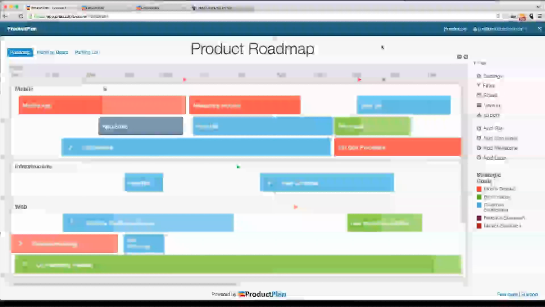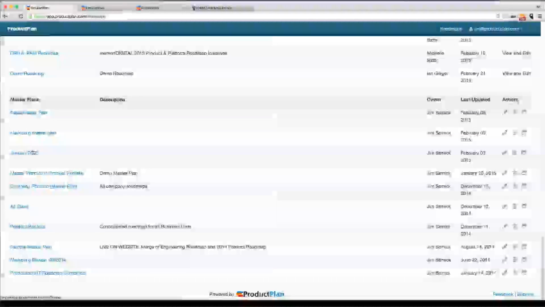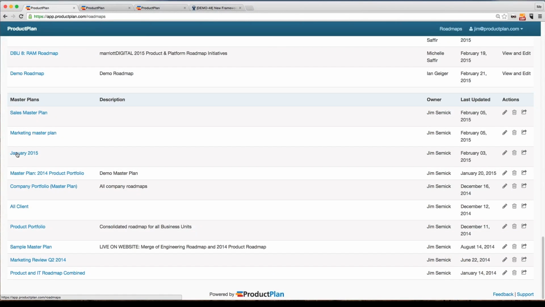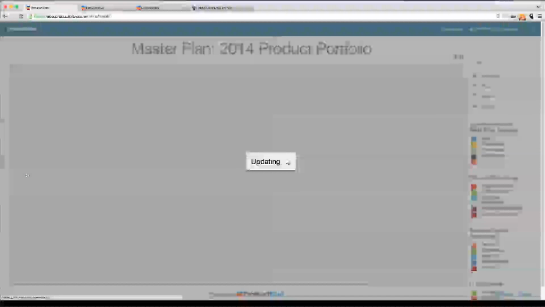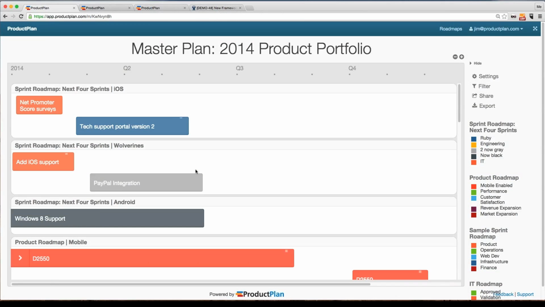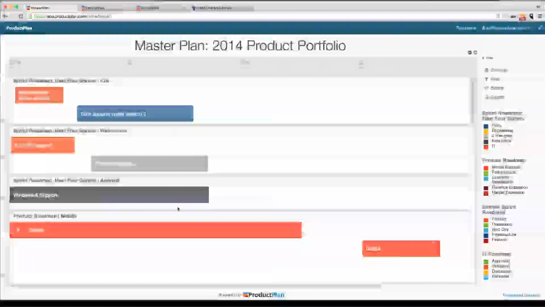Okay, good. The next thing that I'd like to do is move on to the master plan feature. So with the master plan feature, I can create a compilation of roadmaps. In this example here, I've clicked out to my roadmaps page, and I can see all of the roadmaps that are shared with me, and I can see different master plans that are available to me. So in this example here, I'm opening up a master plan that had, let's see, 4 different roadmaps that are